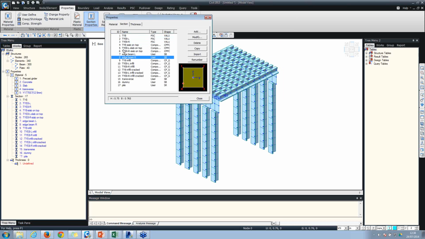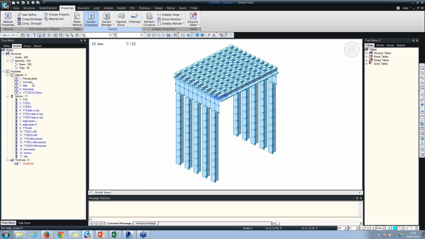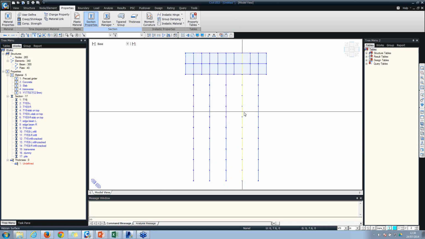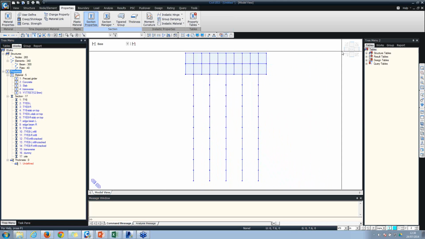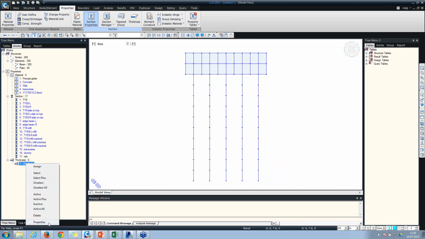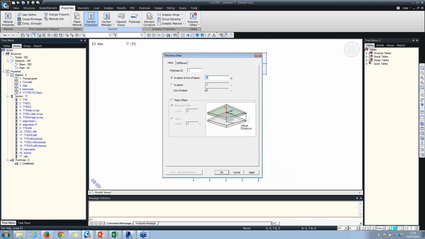You can see all these beam sections. Now every element is assigned the same section property, because we didn't start with any assignment when we were drawing these elements. So I'll just make sure that these are assigned as piles, and then we have defined a thickness for the abutment,